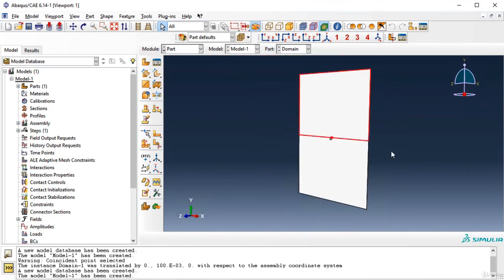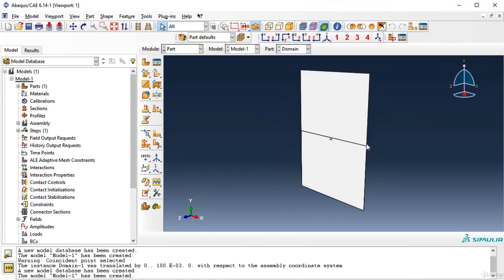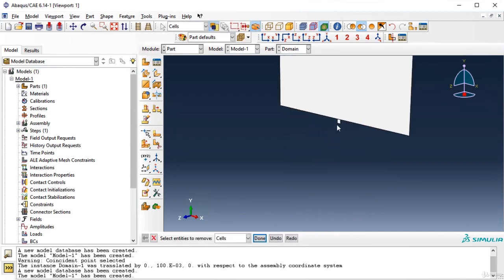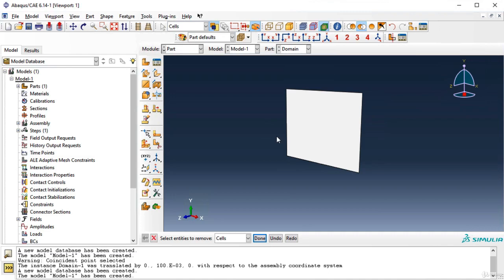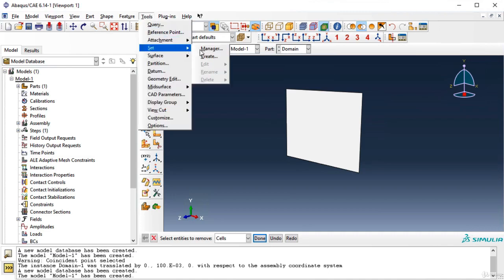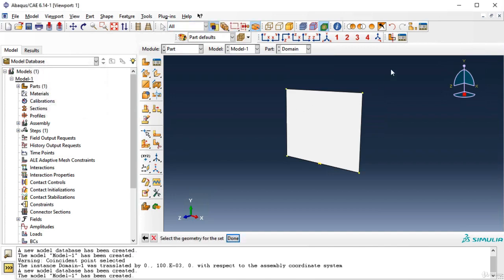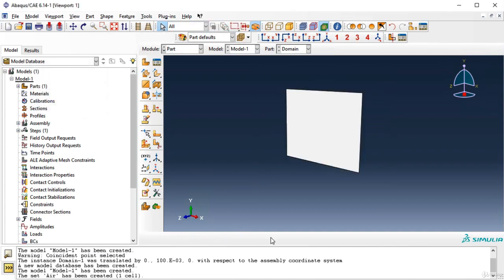Now what I'm gonna do, I'm gonna create a set for this one, because it would be easier to select them in the next step. So I'm gonna go here, remove selected, and from here I'm gonna change this one to cell, select this one, and then go to tools, set, create, type air, continue, select everything, done, and then bring everything back, then select this one,